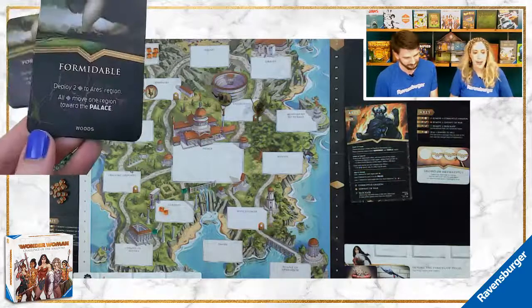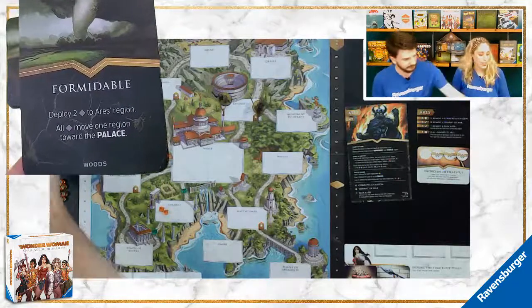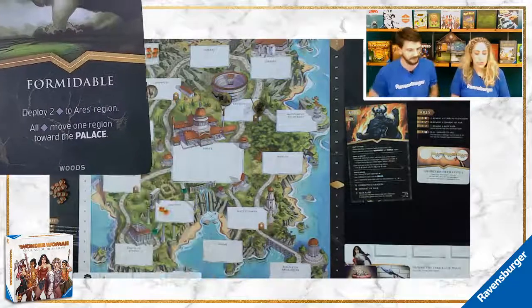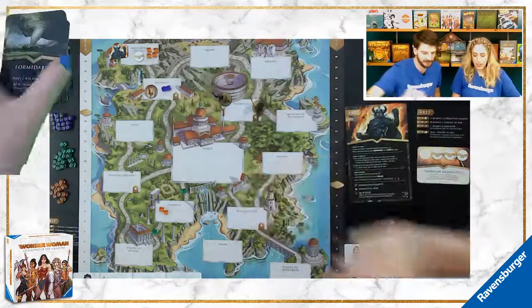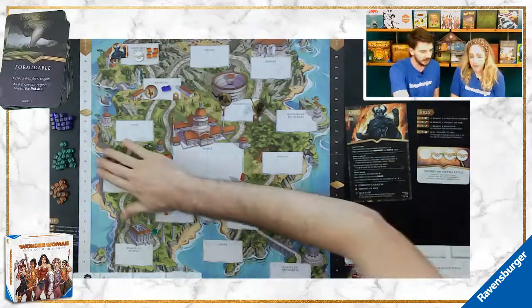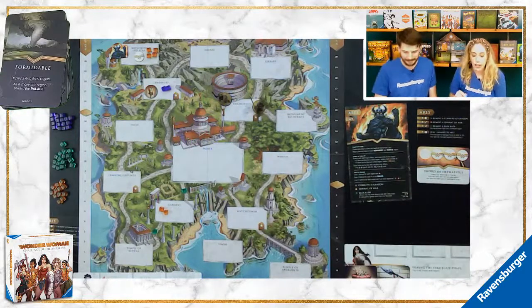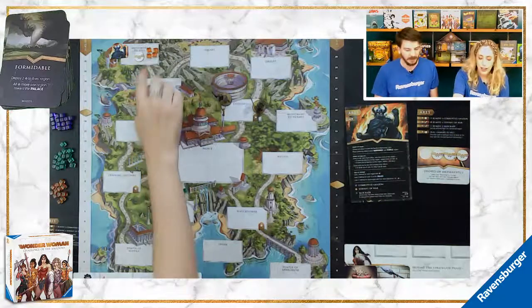All right, so our card is Formidable. So we are going to deploy 2 corrupted Amazons to Ares' region. And then all corrupted move 1 region toward the palace. Okay. So corrupted Amazons only hurt our defense when they get in the palace, but they hurt really badly. Yes, and since we haven't had any of them out yet, we will need 3 wisdom in order to remove 1 corrupted Amazon,